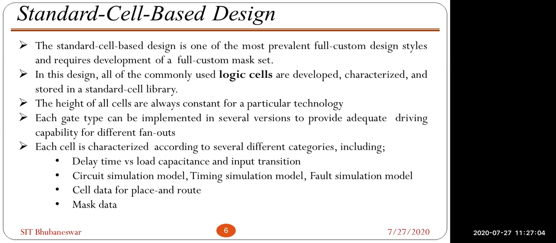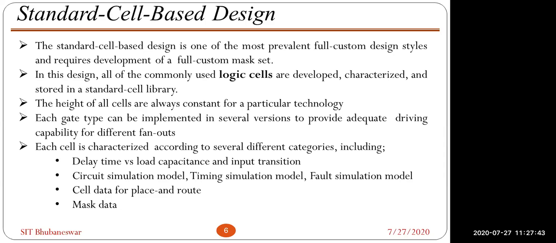Plus cell data for place and route, that is physical information. Okay, so what is the standard cell dimension, and what are the pin positions? All the information is there, and mask data also. Mask data means for a standard cell, suppose it's an inverter, a lot of masks are used, meaning layers, whether it's a diffusion layer, oxide layer, poly layer, or metal layer. So every mask data is available there. According to that, the tool will use that information and place and route the standard cell.